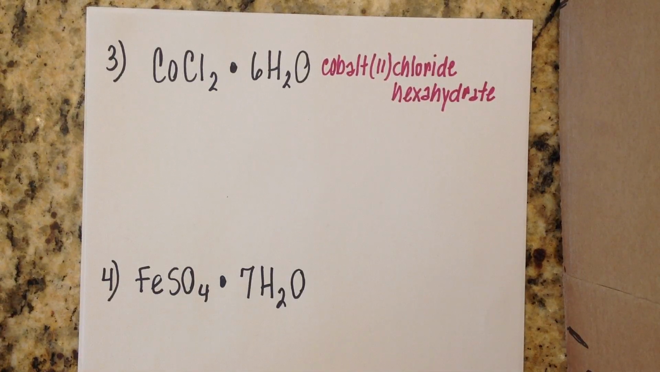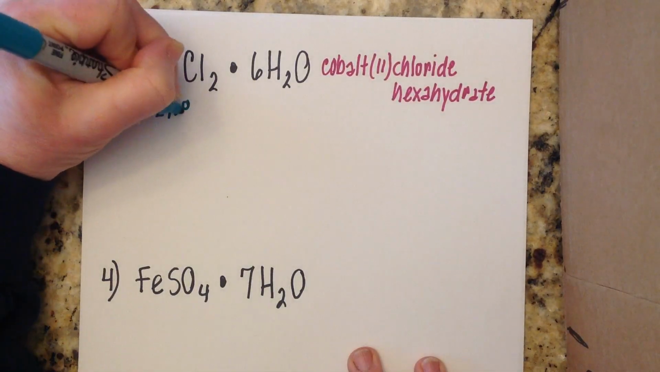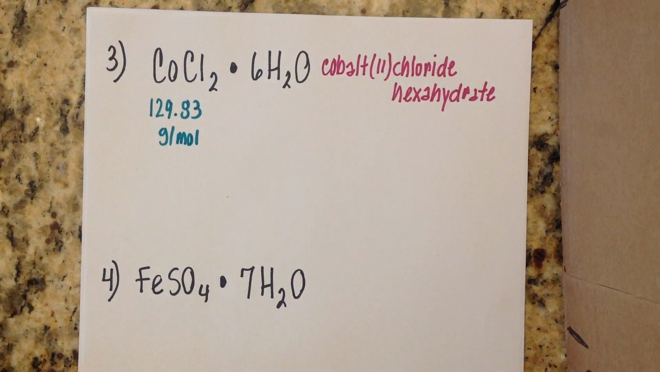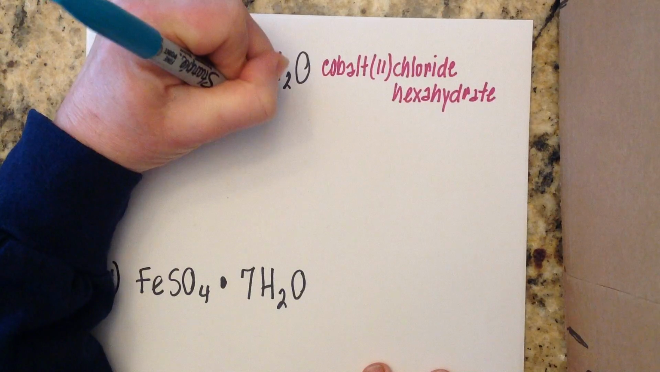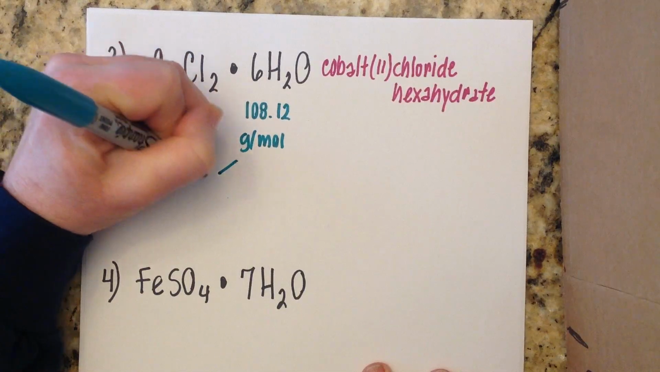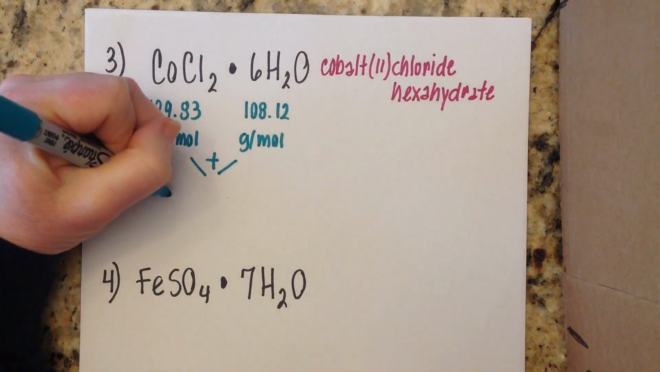So I'm getting a total mass of 129.83 grams per mole. And now we're going to get the total mass of water, 18.02 times 6. So that's giving me a total mass of 108.12 grams per mole. We are going to add these together to get the total mass. And my total mass is 237.95